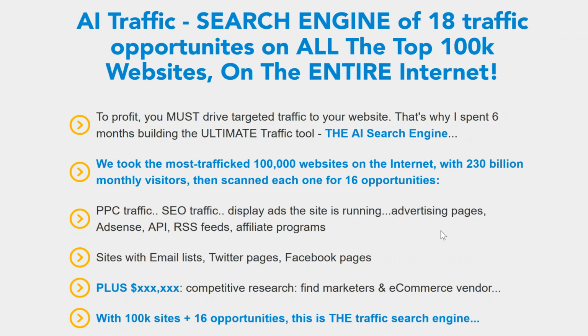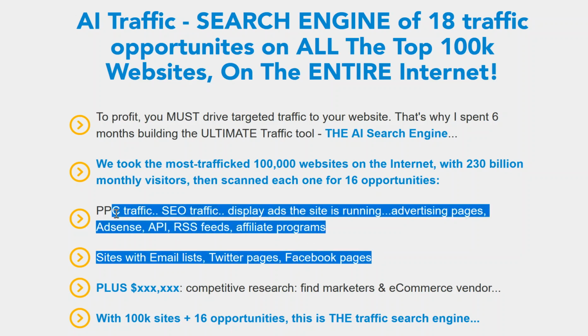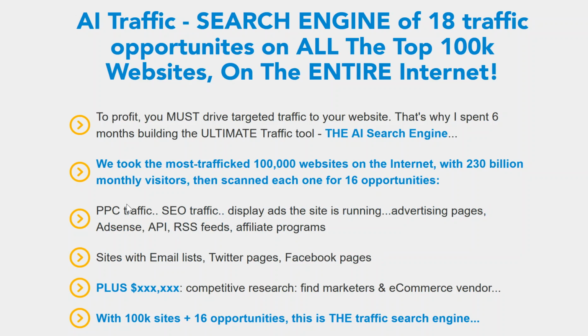So essentially what we did is we took the most trafficked 100,000 websites on the internet that get over 230 billion monthly visitors, then we scanned each one for 16 different opportunities. PPC traffic, SEO, display ads, advertising pages, AdSense, APIs, RSS feeds, affiliate programs, sites with email lists, Twitter pages, Facebook pages, etc., etc. Plus, as well as being able to find these specific opportunities, which I'll talk about in just a second,